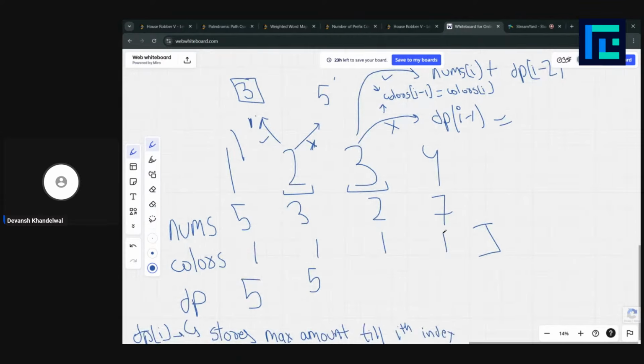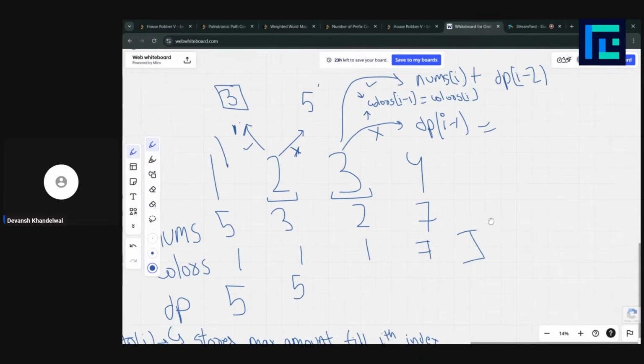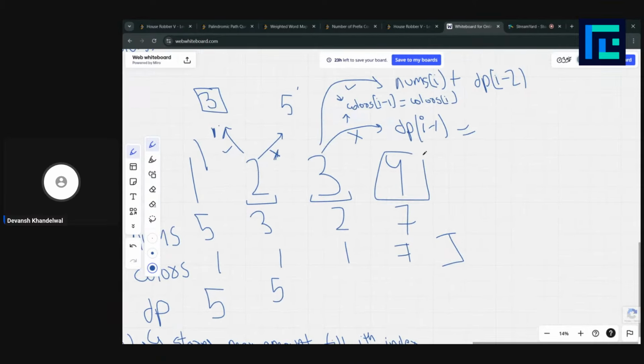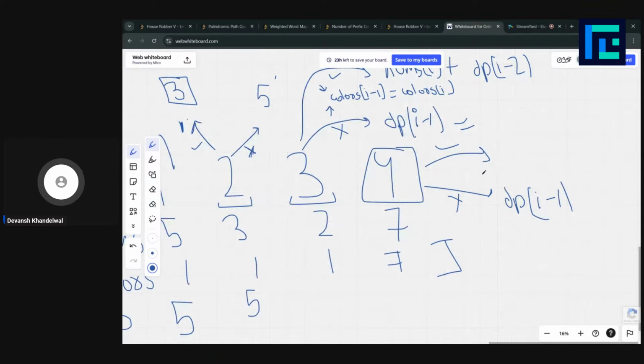What is going to happen if the colors are not the same? Let's assume the color for this is 7. So how are we going to calculate here? We are either going to take this or not take this. If you don't take this, the answer is again the same: the maximum amount we had till the previous house or the previous index.